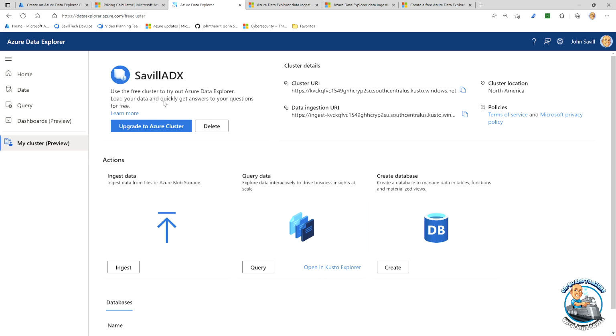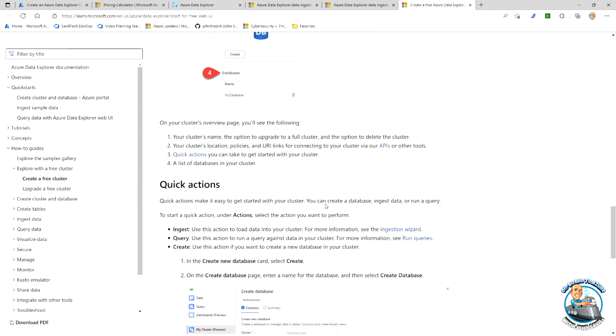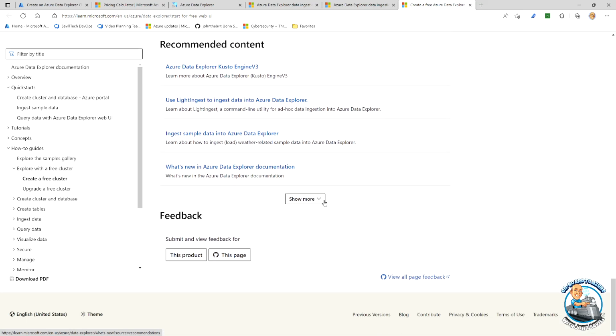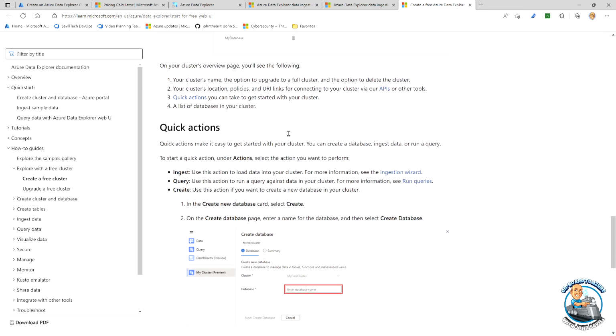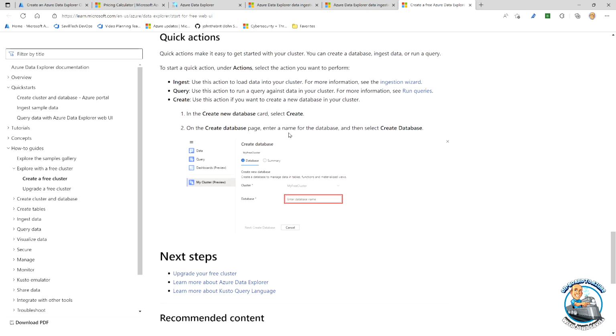Once you've created it, and if you like it, hey, you can upgrade to make it a full Azure cluster. So at that point, then I would pick the SKUs and I start paying for this. But I get this completely free option available to me if I want. It then talks about how I can upgrade. And obviously there are significant limits on this, right, because it's free. Another option